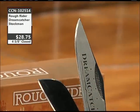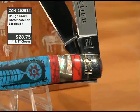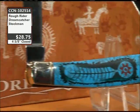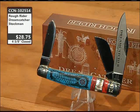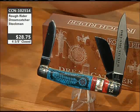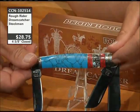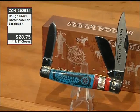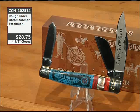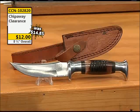Retail, $59.95. This item is 4 3/8 inch closed, and I like it. Look at all that presentation you got there on the gift box. So the etching, the lasering is done on the front side. The reverse side looks like that 40 count web turquoise. That's a big Stockman too. It's a 4 3/8 Stockman. So it's gorgeous. I will give it credit there. This one is going to be